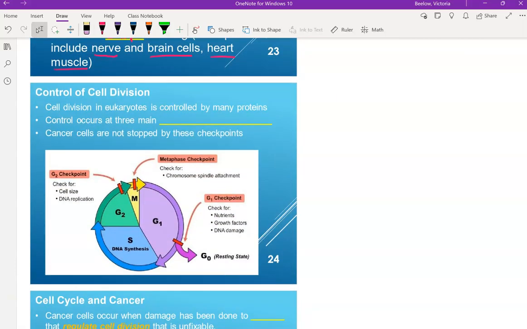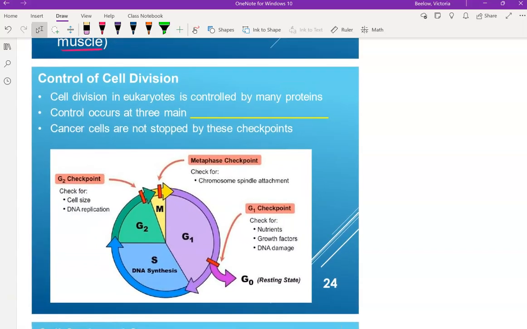Not a fun thing to talk about. Also, we'll get into another not fun thing to talk about, but it's also just very interesting. So the cell cycle is controlled by a lot of proteins, okay? And one way to make sure everything is going smoothly and according to plan is we have these 3 main